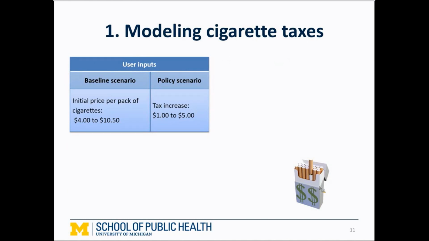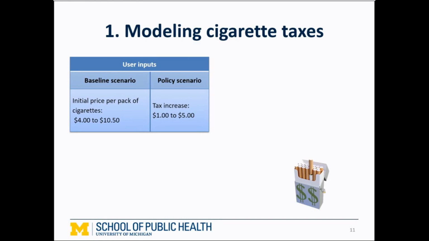These provide us with the percent change in price. And we assume that whatever the tax increase is, that amount gets passed on directly to the consumer in the form of an increased price per pack of cigarettes. So a tax increase of $1 translates into a $1 increase in the price per pack of cigarettes for the consumer. We assume that the impact that it has on smoking initiation continues going forward and stays constant, whereas